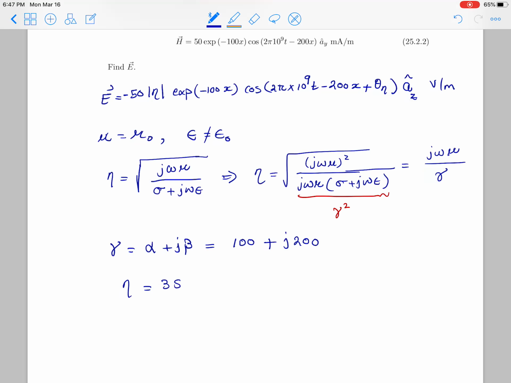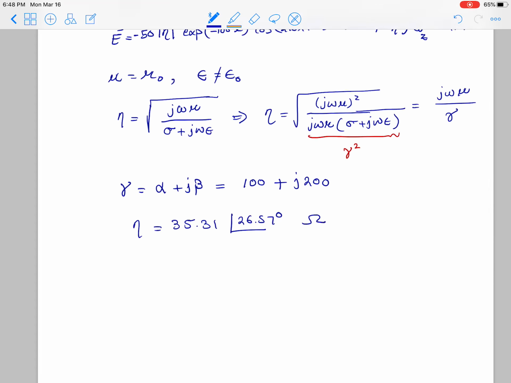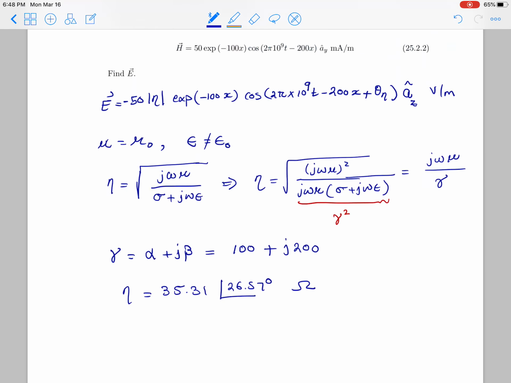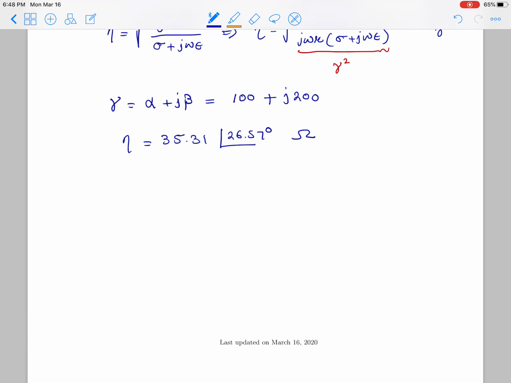Therefore, eta is 35.31, angle is 26.57 degrees, and it's an impedance, so the unit is ohms. So now we can substitute the values. So the electric field is now